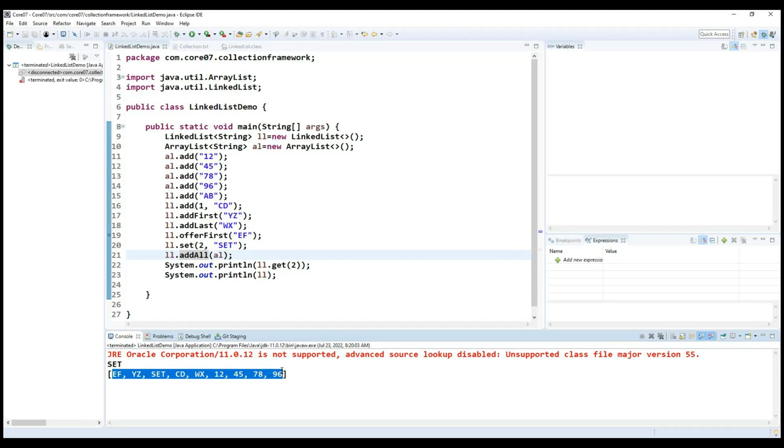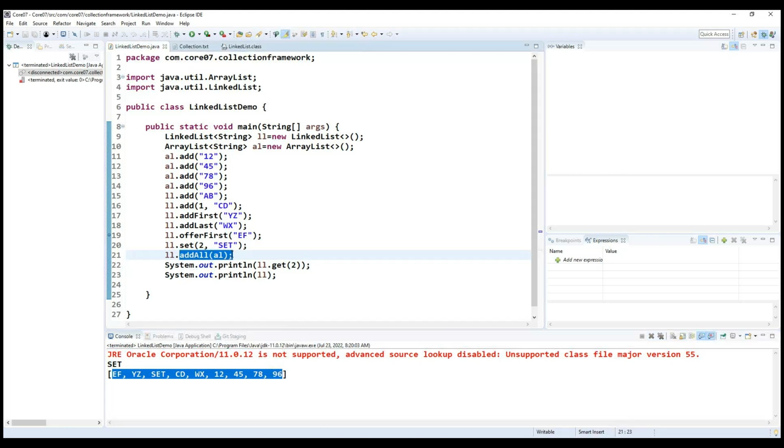Okay, so this is all about the add all method, and the same way internally you can come up with the add all which is expecting an index here. Getting the point? This is important. So we discussed the two methods inside add all. The two methods are the same here. If you call this add all with something like 4,